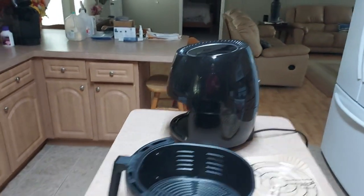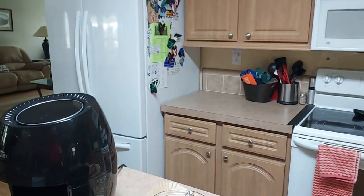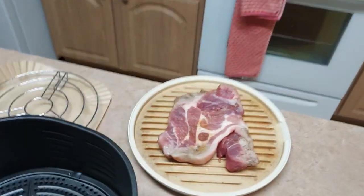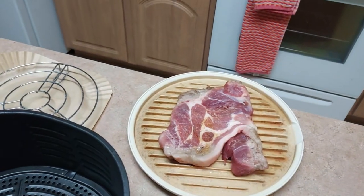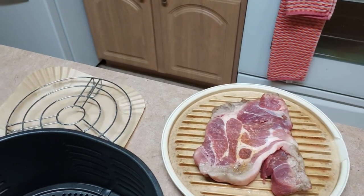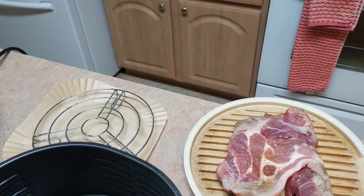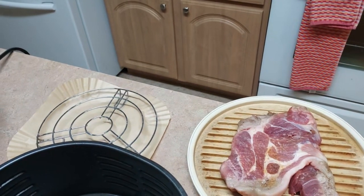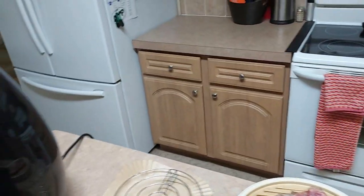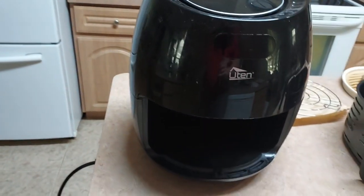Hello everybody, this is Chuck Kent again, and I just wanted to show you how I make either a ribeye or a pork steak. Now today I got a pork steak, and I thawed it out in the microwave because it seems to cook a little better. Plus, the powder seasoning I put on it will stick to it better if it's thawed out and not hard. So the things I used for the pork steak is I got me an air fryer here,